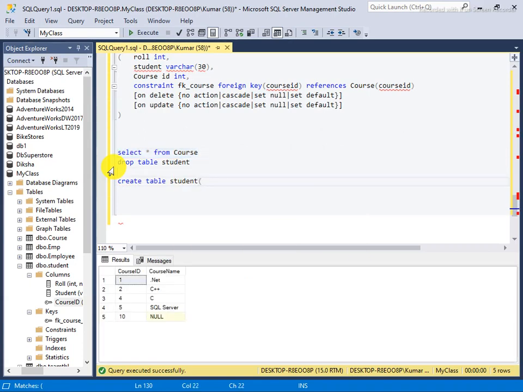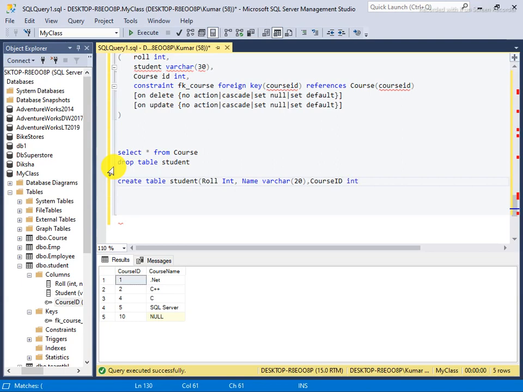then I say roll int and name varchar which is 20, and name, roll number and course ID int.